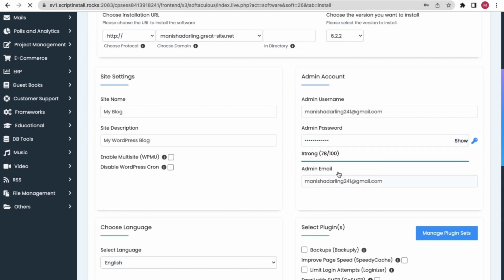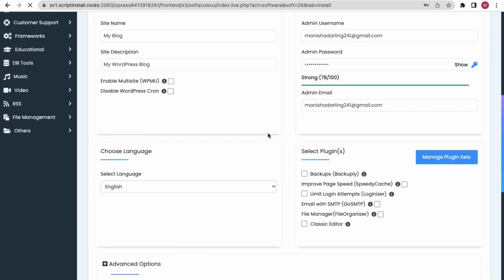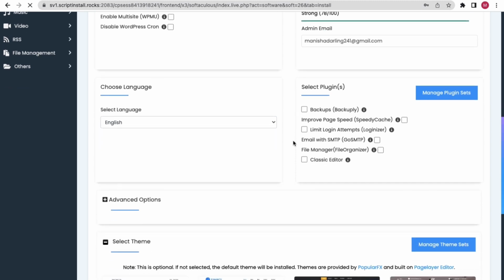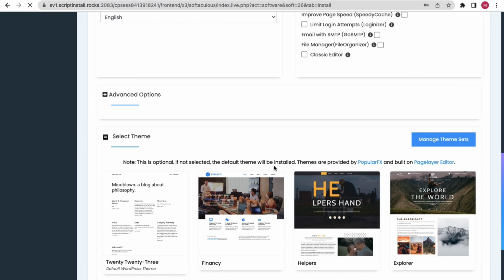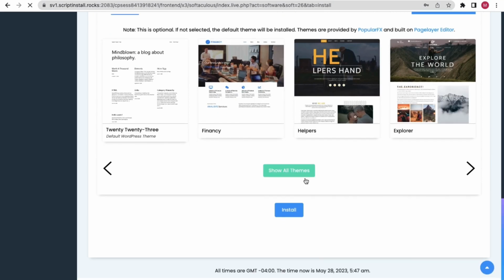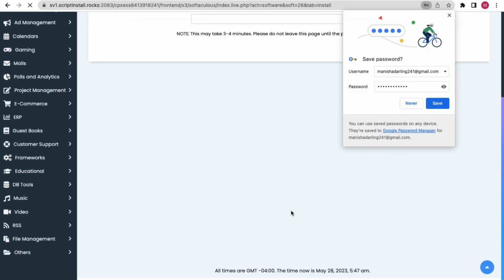Okay, so after you set your username and password, remember them, because they will help you access your WordPress website. Make sure that whatever you put as username and password, you save it somewhere else. And here you don't have to do anything. After you do this, just click on this install button,